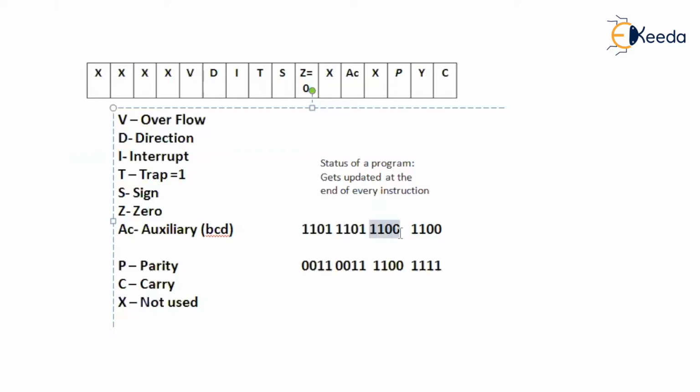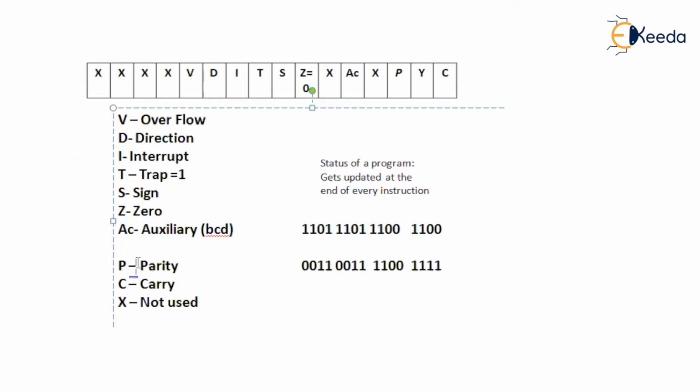Then this 4 digit will be added to this 4 digit, because it will be treated as a single unit. Then if there is a carry produced, the auxiliary flag will be set to 1. That is, when the auxiliary flag is equal to 1, that means that either from the 4th bit to the 5th bit, or the 8th bit to the 9th bit, or the 12th bit to the 13th bit, there is a carry produced. That is what the auxiliary flag is all about. Now we'll discuss the auxiliary flag more while we discuss the ALU operations.